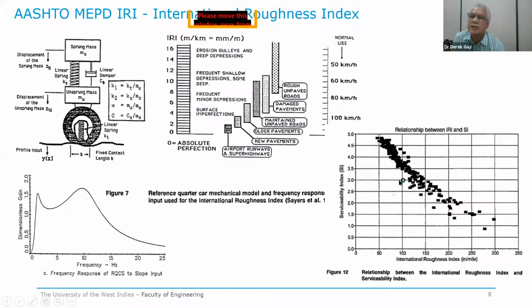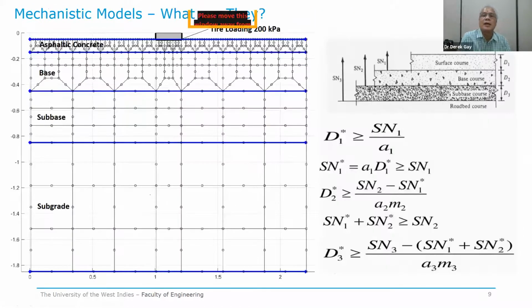way back in 1994, I developed a relationship between the roughness index and the then serviceability index. So the serviceability index of 0 to 5 was the original measure, and the roughness index came later, and it had a mechanistic model, really. Okay, I will diverge now into some models that I did just looking at the mechanics of failure,